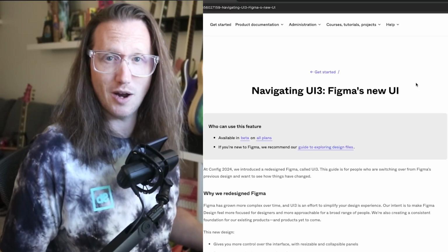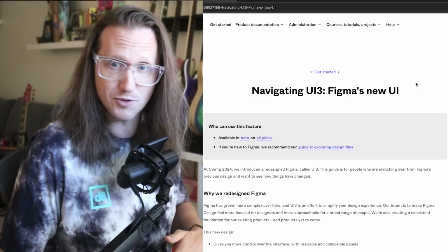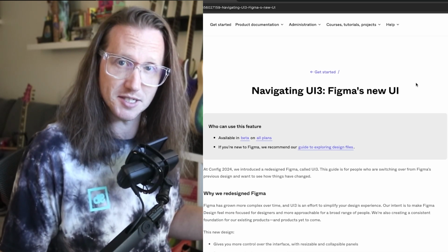Figma's new UI, UI3, is finally out of beta, and now it should be available to you either in your desktop version of Figma or in the browser when you access it. A lot of things have changed about the UI in general, like the layout, where some of the tools are, but also a lot of the iconography and just positioning of elements and location of them in your design